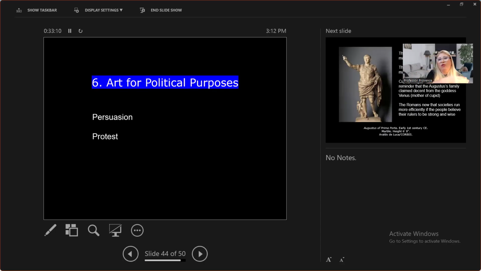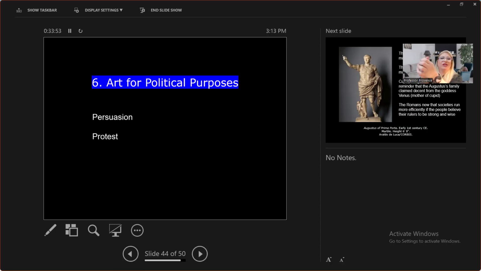Okay, so now we move on to our last theme, or I should say purpose and function, of art for political purposes. Persuasion, protest. Just campaigning alone should tell you enough, because you can look at somebody who's got a poster using certain colors with their image, and they're depicted a certain way. That is a way to persuade you that they're an honest, friendly, just person, and you need to vote for them, right? Or if you see somebody with a picket sign, and it's red and jagged,